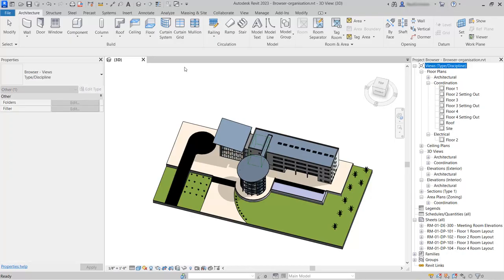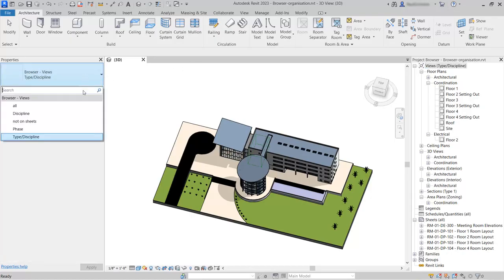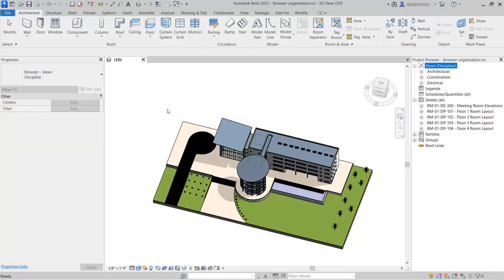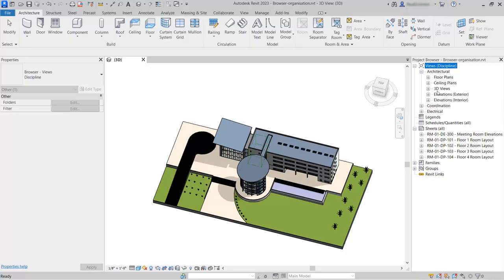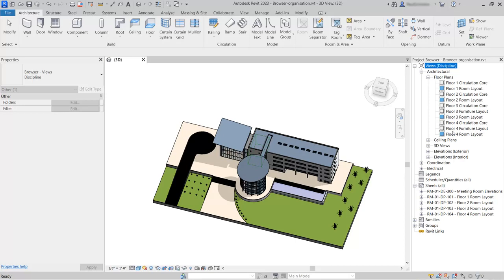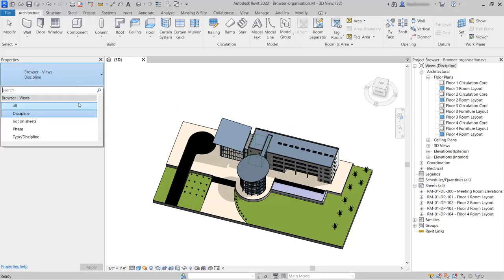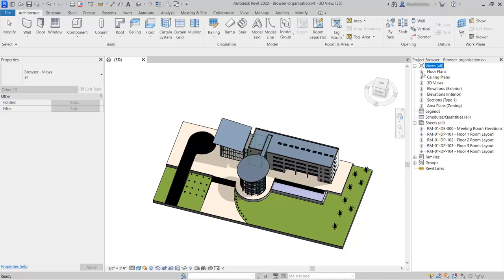So I'll select back on the views at the top here, and then from the type selector, we'll change it to be the discipline organization type. Now we can see we have the discipline, architectural, coordination, and electrical first, and then under that we have the view types, so the floor plans, elevations, etc. I'll change the browser organization back to all views,